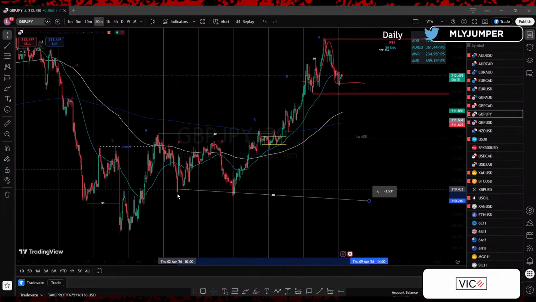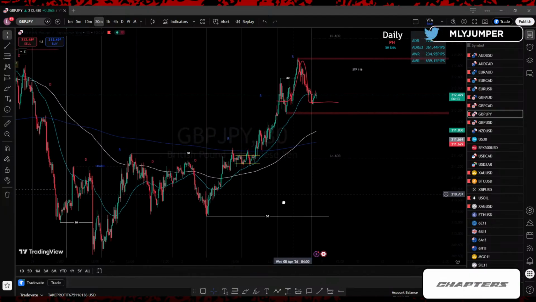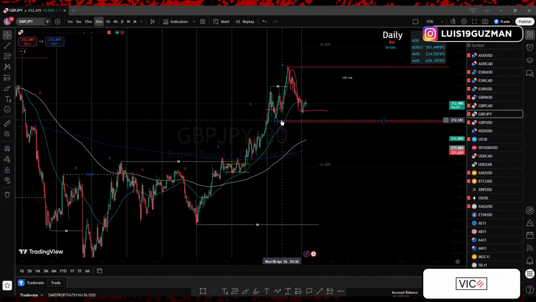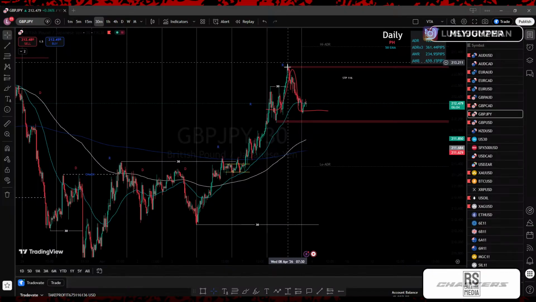From here to here, the lowest point is where that higher low is going to be, which is down here. Gave you the push to the top side, all the way to the top side, higher high, higher low, to where we're at now. So we now know that we're trading between this higher low point and this higher high point over here.